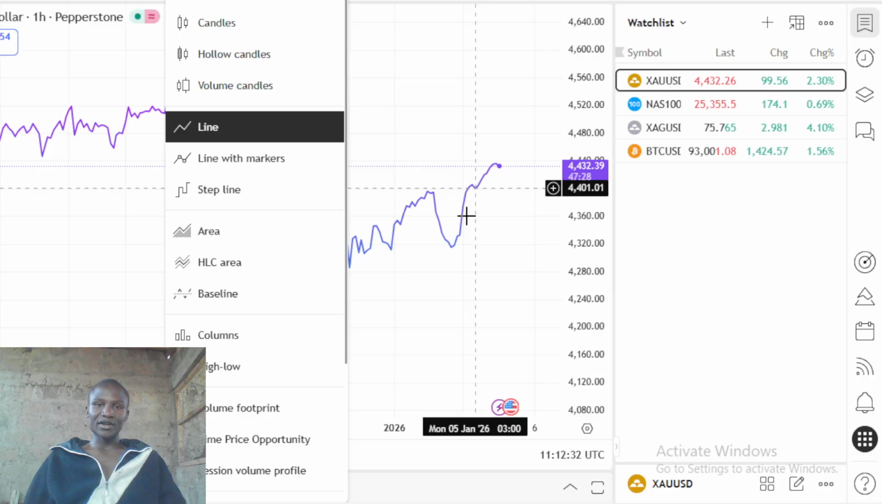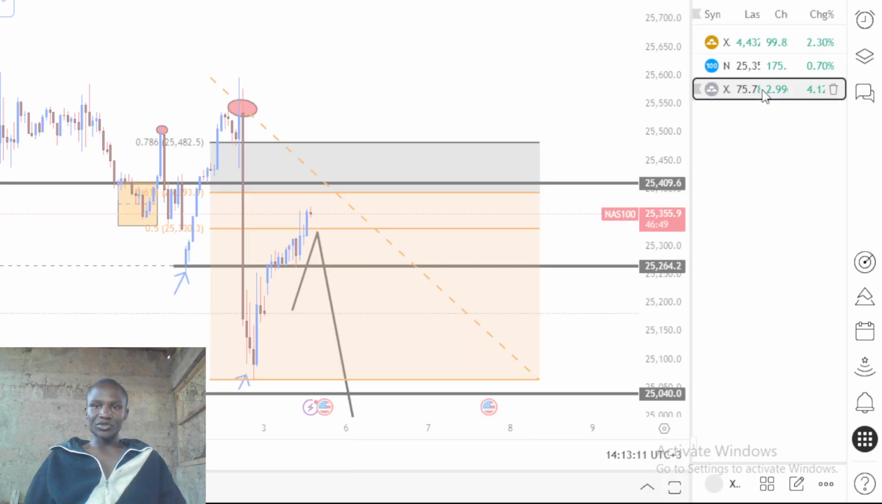So how to add alerts? For example, if you look at my main TradingView, you'll see clearly that I have added an alert on each and every market. So for example, gold, I've added an alert at this area. Nasdaq, I have an alert beneath this area. XAGUSD, I have an alert above 77. So how do you